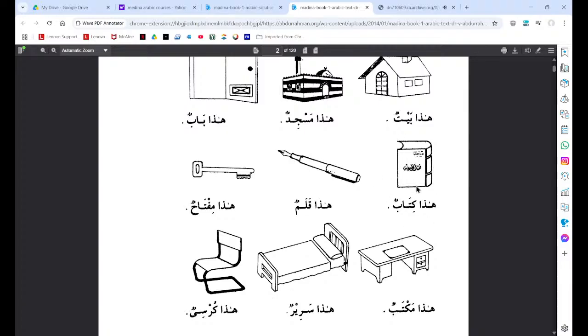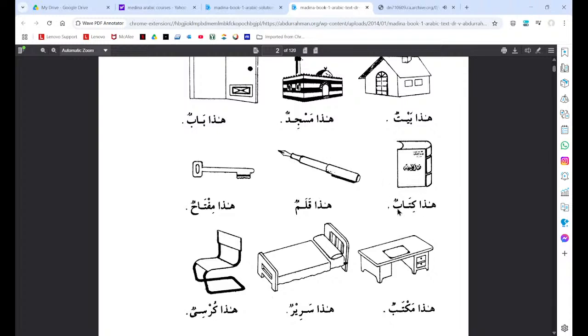Kitabun. Again, if I say a house, I don't need to give you more words for you to know what a house is. If I tell you a masjid or a mosque, I don't need to explain to you what this is. You know, it's a place of worship. A door, I don't need to give you more information. So this is the meaning. It has a meaning in and of itself. A book, a pen, a key, right?